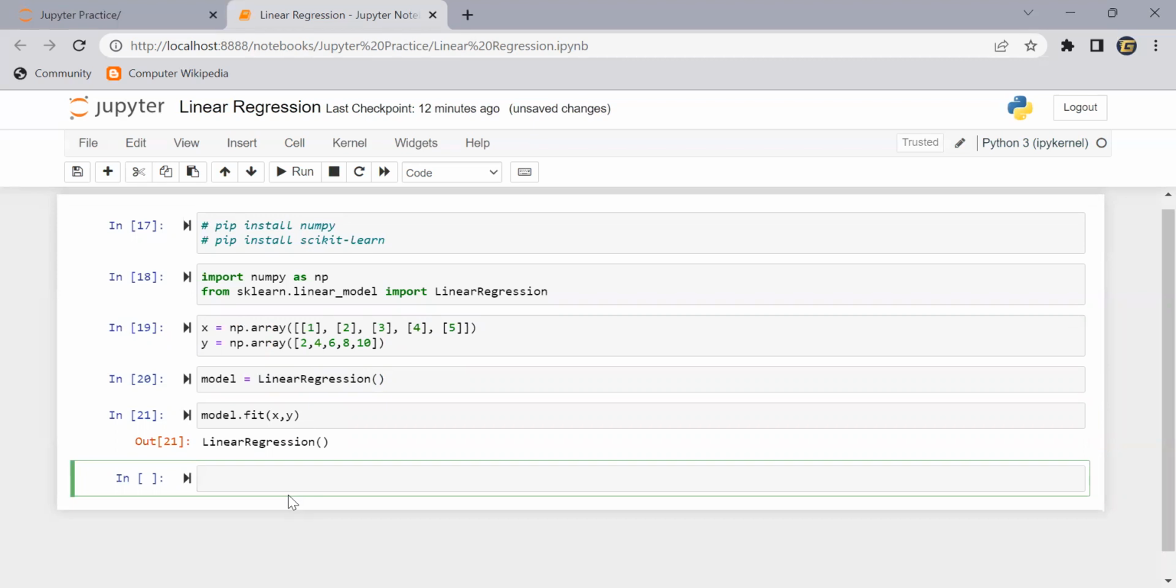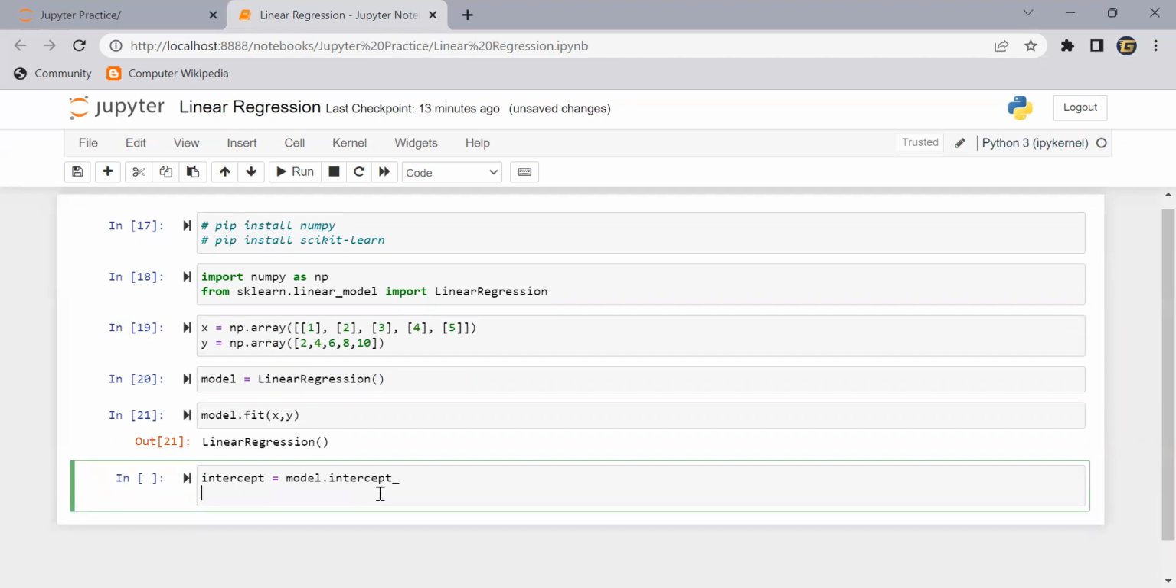So first we'll save the intercept, which can be made like this: model dot intercept, and then an underscore. Then we'll have model coefficients that can be stored like this. Let me comment this out to make it a bit clear. So this is a y-intercept,